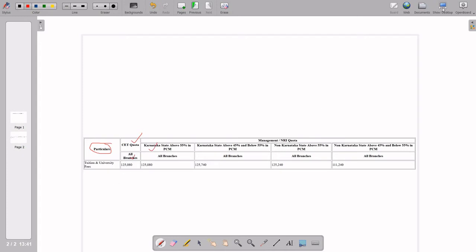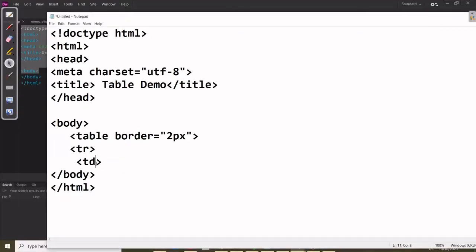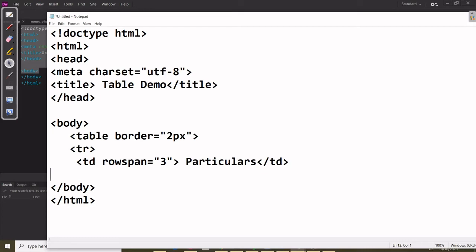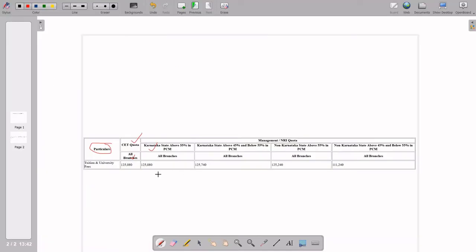So you can write here td, space, attribute rowspan equal to 3. Got it? Then you write the statement whatever you want to display, that is the table data, particulars, and close the td. So the first part is clear.